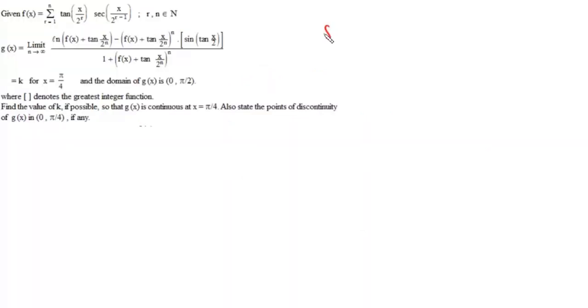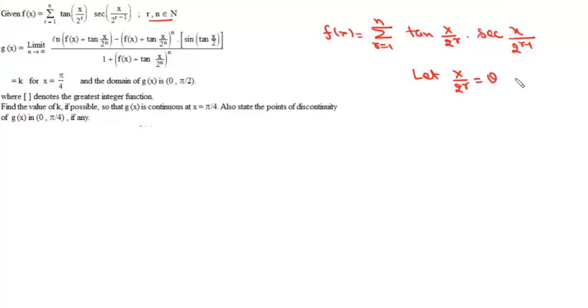Now here we are given this function f(x), which is the summation, r varies from 1 to n, of tan(x/2^r) into sec(x/2^(r-1)), for all r, n belongs to N. What we'll do is, first we'll simplify this. Now if we let x/2^r as theta, then x/2^(r-1) will be 2 theta. So first we'll simplify this, which is tan theta into